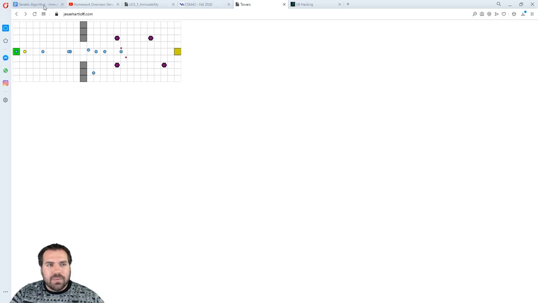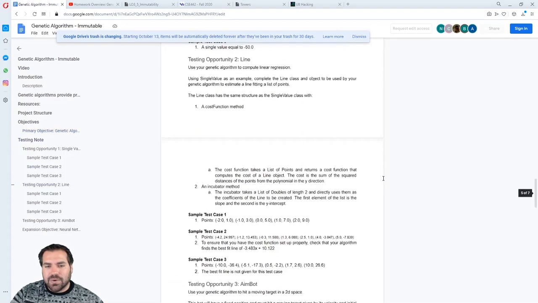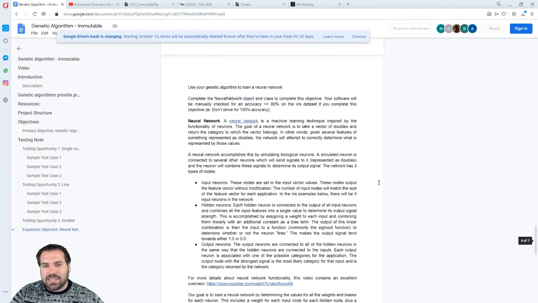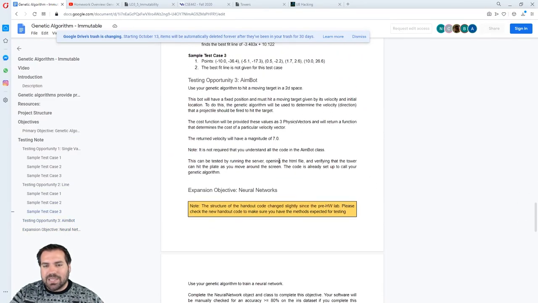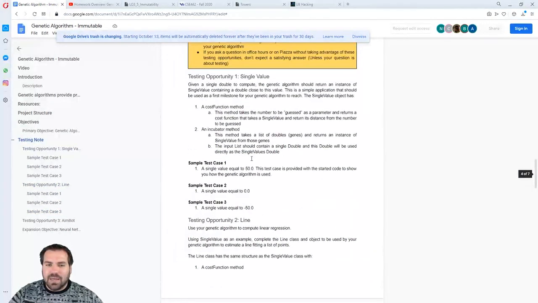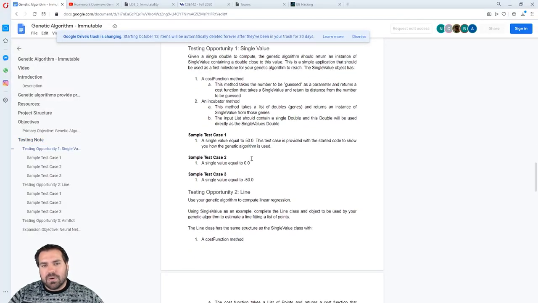The genetic algorithm homework itself, that's the GUI that you can use to test. I have this broken down in testing objectives, and for the third one, I basically just say run the GUI. There's no test suite. I used to have you make a test suite for that aimbot, but there's so much physics involved that students were spending a lot of time just setting up their test cases. I don't see a real need to put you through that because it doesn't have anything to do with functional programming. But for the testing opportunities, the first one is just a single value, where I've got to back up and